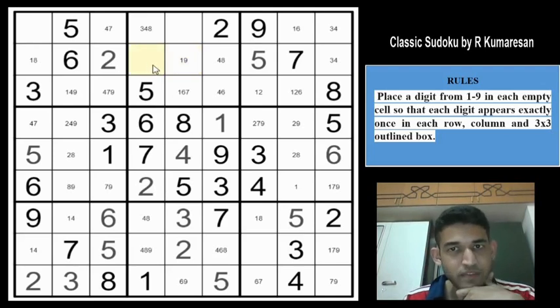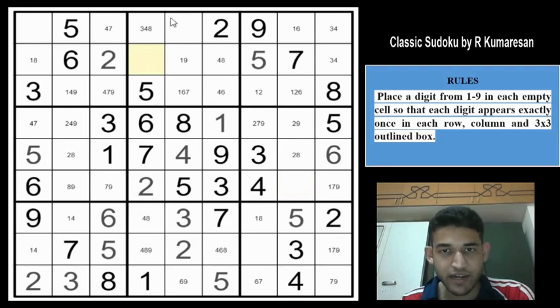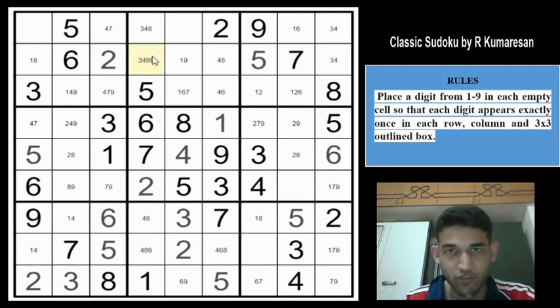And this cell, let us write the candidates now, because we have filled in almost every cell and still we are not getting progress as much as we would like to have. So let us mark the candidates. So 3, 4, 8 and 9, right? Okay, I think this is the place where we are going to use the Y-wing technique.